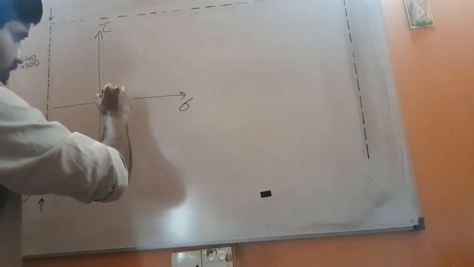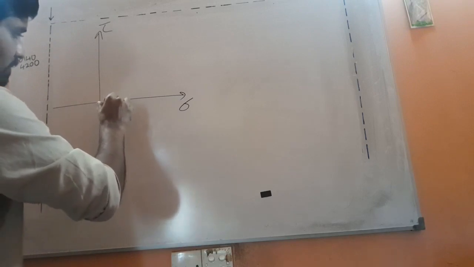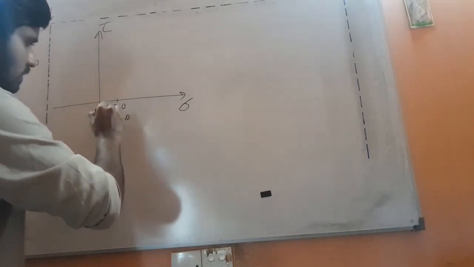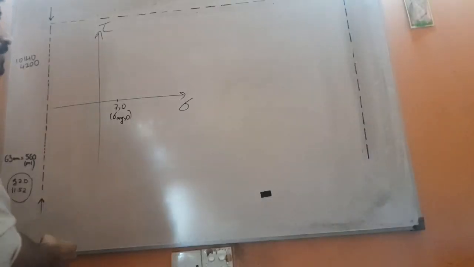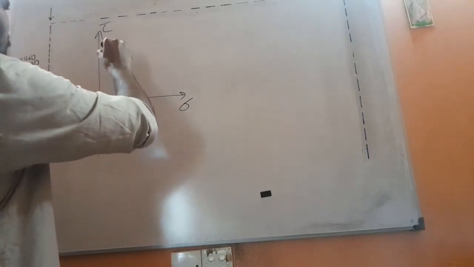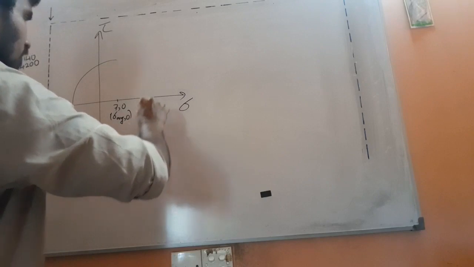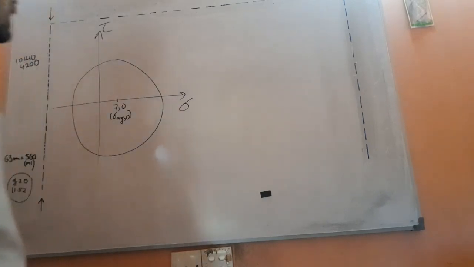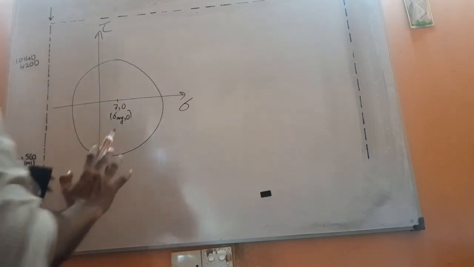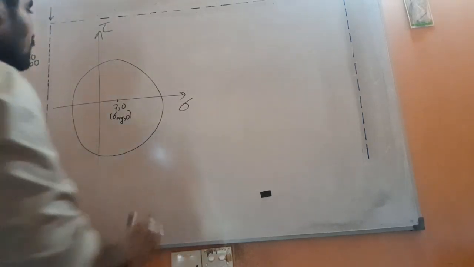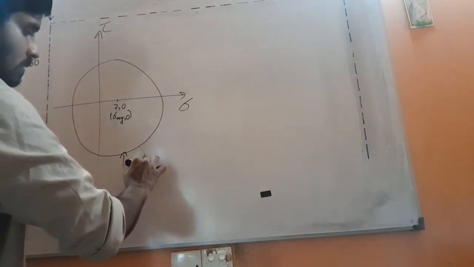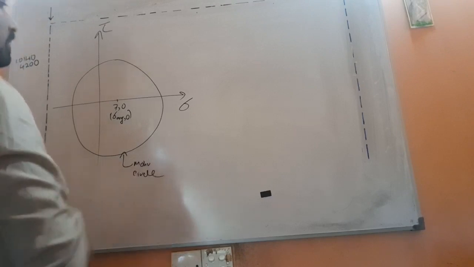Okay, now the Mohr circle, because now you already know how to sketch this. This is the center, 7, 0. That means sigma average, 0. You know what is sigma average, you know how to find that. Right, this is the Mohr circle. Now this is not a perfect circle, right? I am not that good at sketching. Anyhow, this is the Mohr circle, right? Okay,